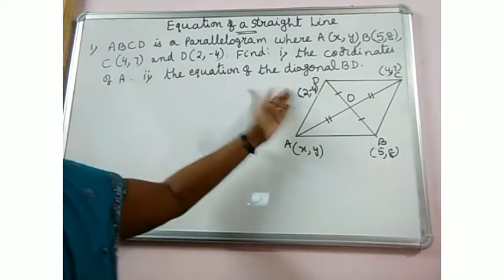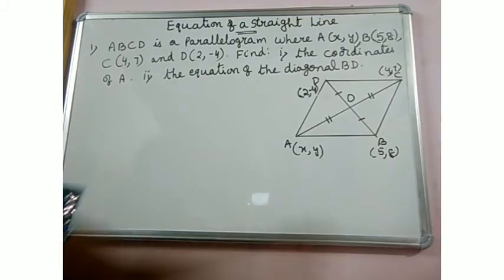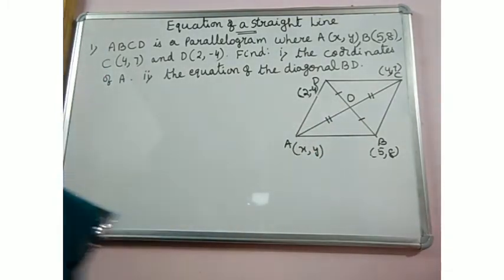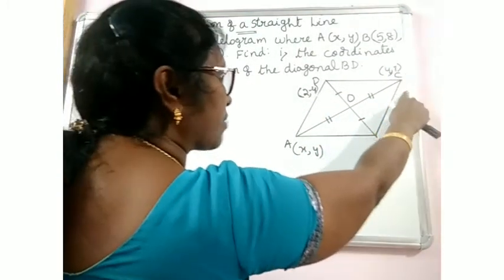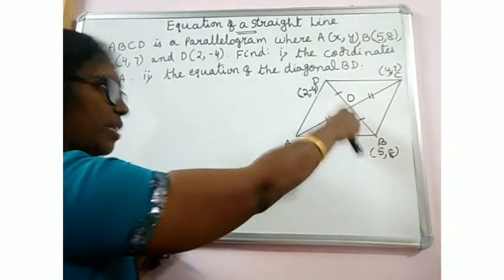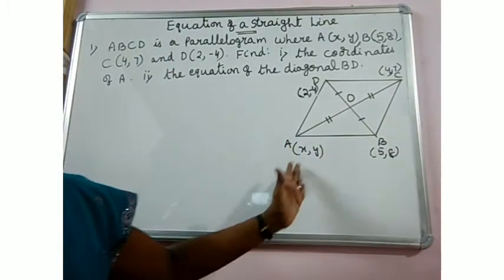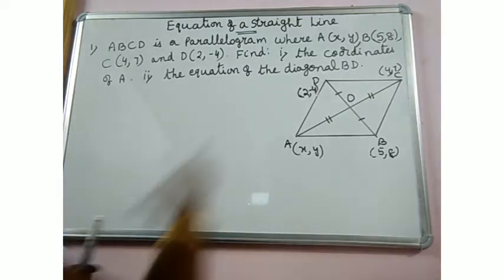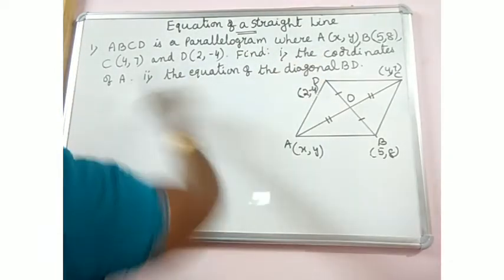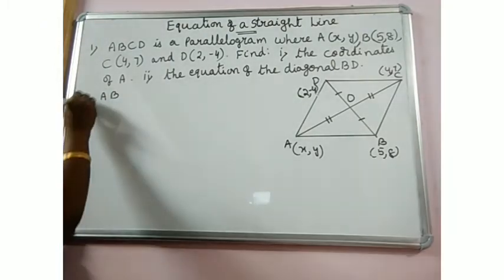As we know the coordinates of B and D, we can find the midpoint of BD. That gives you the coordinates of O. And O is also the midpoint of AC. Coordinates of C are known to us, and the coordinates of the midpoint we are going to get. So, by using the midpoint formula, we can find the values of x and y. Let us work out for the coordinates of A first. The solution is